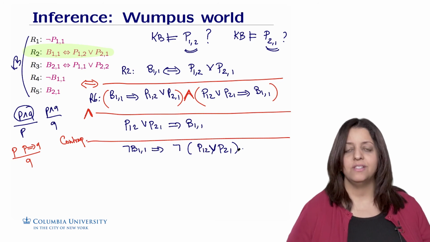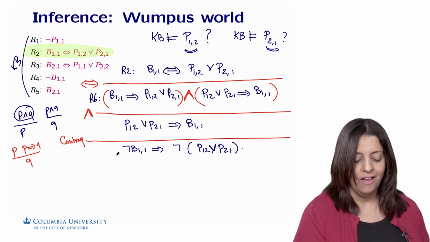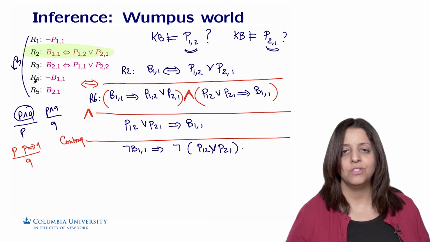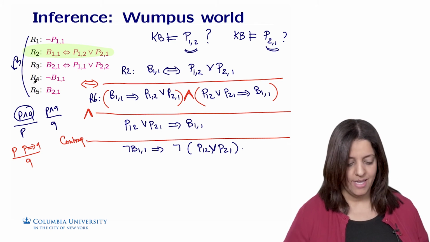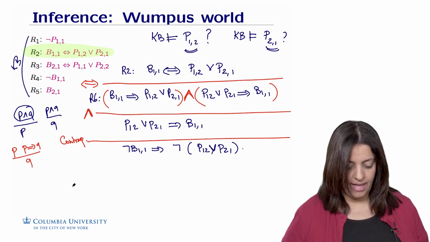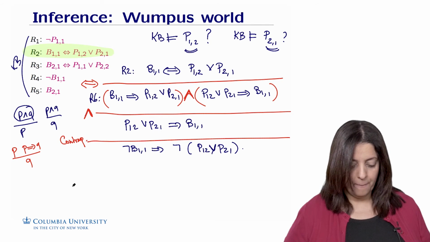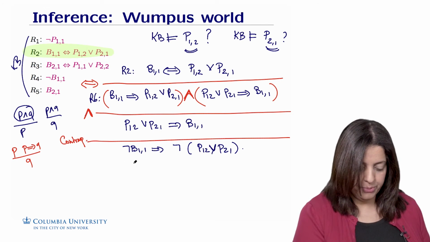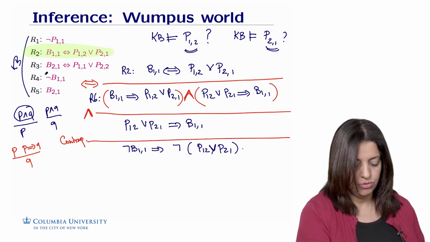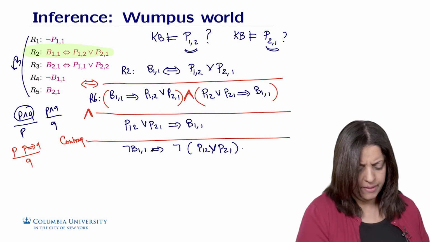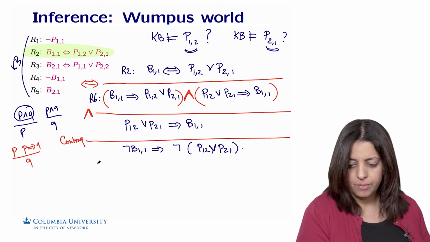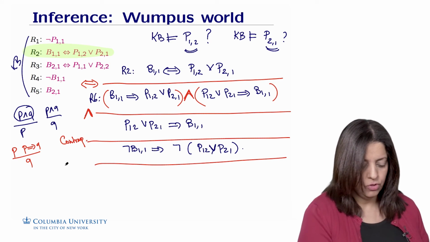I'm putting this on the side, but also taking care of having the negation of B11 on the left-hand side. We could also use modus tollens instead of modus ponens if you want to keep it as is, but let's do it this way first. From this, I see something that looks very much like modus ponens. I have P, I have Q, and I also have P here. So I'm going to write this rule R4. But maybe before I do that, let me break this down, because it's the negation of the disjunction of P12 and P21. So I'm going to use De Morgan's law,